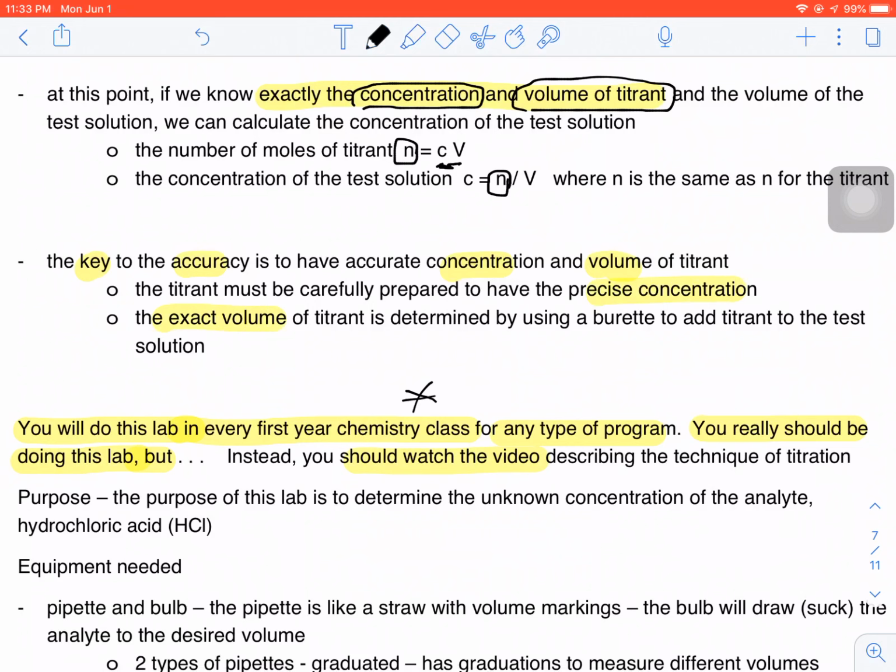If you work at a swimming pool for a summer job, part of your job might involve testing the pool water, and part of the analysis sometimes involves doing a titration right at the pool. It's a way of testing the concentration of chemicals in the pool. Okay, so when we do this lab,